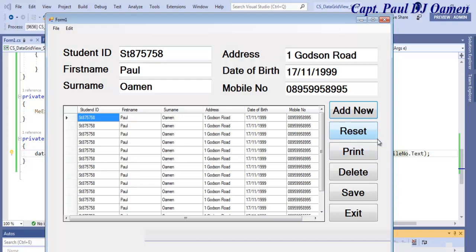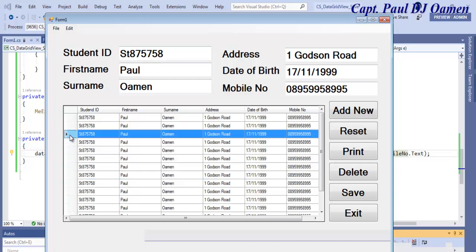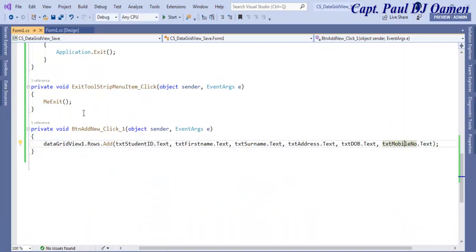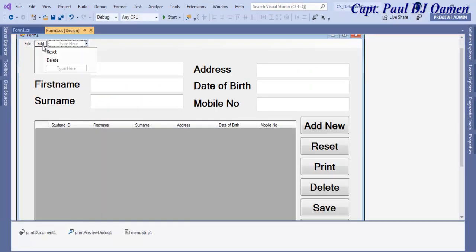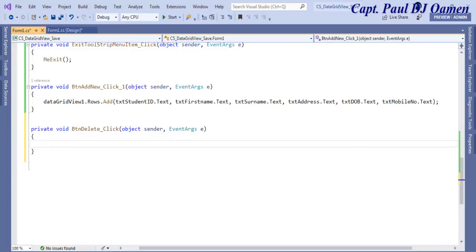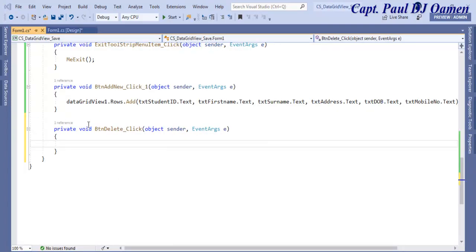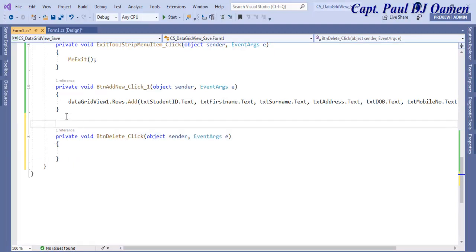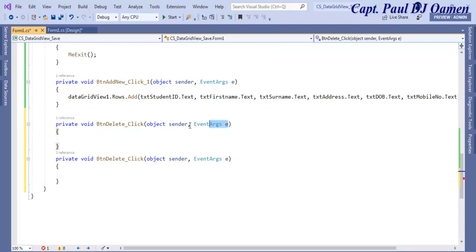Okay, the next thing is let's try and take care of delete, so that we can delete columns or even delete all. Now after that we take care of reset. So let's take care of delete. Go straight to the button delete. I think we have delete in here as well. Double click on delete. In the case of the delete, I'm going to create a function right up here. So let's just copy this and change the names around, paste it right above that, and I'm going to delete all of these, and here just call it IDelete and get rid of the click